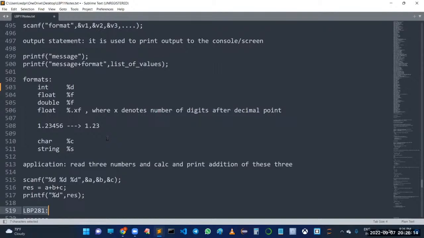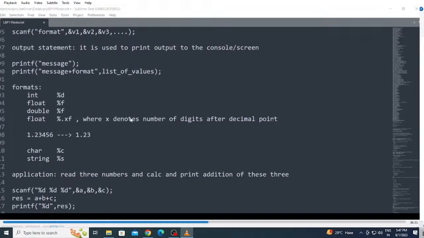Sir, what is our original content? Sir, we are discussing input and output statements, right? We are discussing input and output statements. Just a minute, some questions. While run only 2 test cases showing, but while submitting